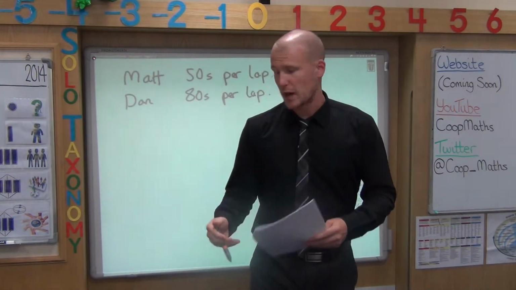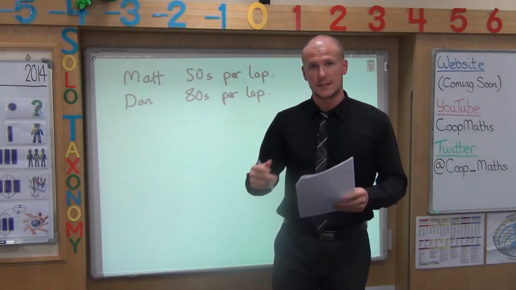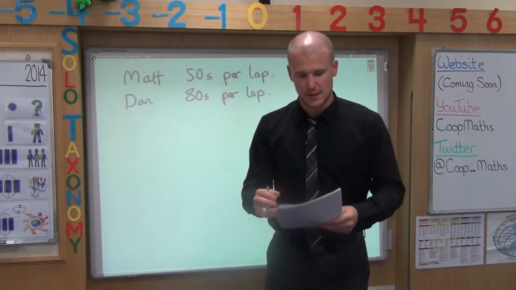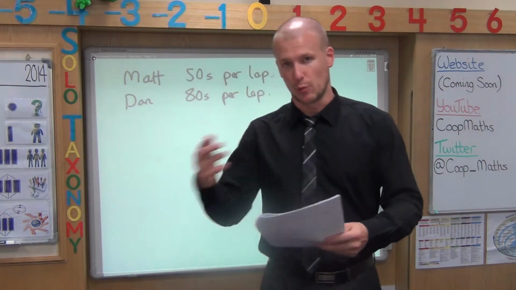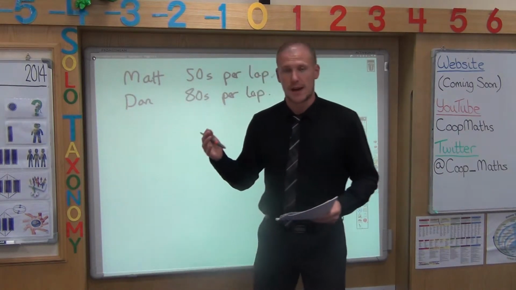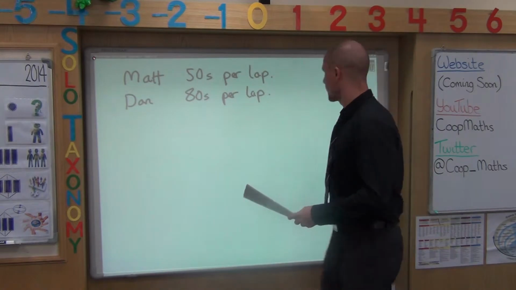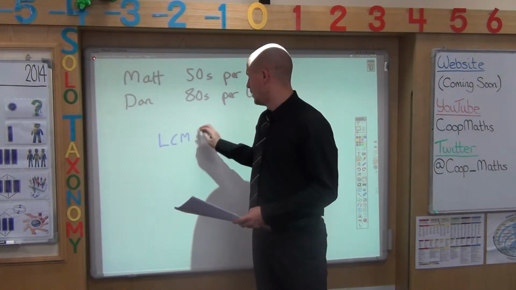Quite a common type of question here. They both start at the same time cycling round, and the idea is when will they both end or start a new lap at the same time, or where will they both end up at the start? This is a common, lowest common multiple type question, okay? So that's what you're figuring out here. The lowest common multiple